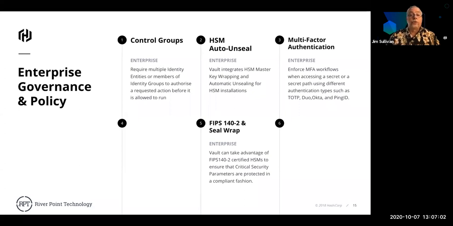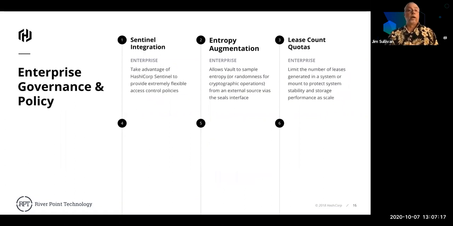So in addition to being able to use an HSM to do auto unseal or provide FIPS 140 support, we also offer multi-factor authentication if you want to have multi-factor authentication with a secret, control group so you can control who gets to go where. Sentinel comes into play here, where you can have policies as code. And entropy augmentation, particularly using an HSM, where you can actually enhance the entropy of the crypto